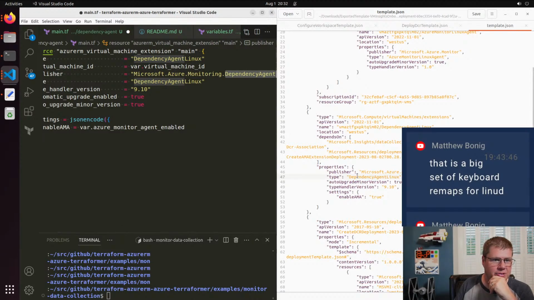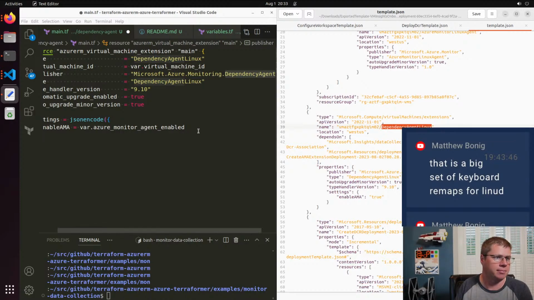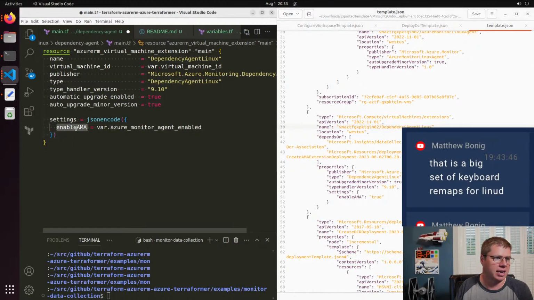And then just like before, it has the host name of the VM and a slash in front of this dependency agent Linux. Blah, blah, blah. But of course I have the enable AMA. Okay, I'm doing a JSON encode to drop that into the settings, because this is the JSON block that we're dropping in there. Okay, so you can see,